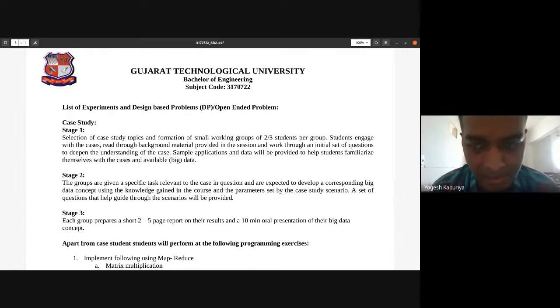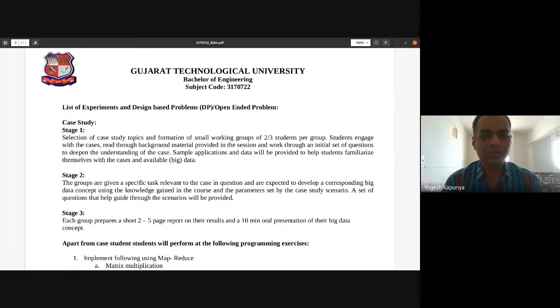So obviously that is yet to be formalized, but we will be discussing various applications. Few of them we have already discussed, but still I will give you a glimpse of a few other use cases where big data applications are or can be useful.